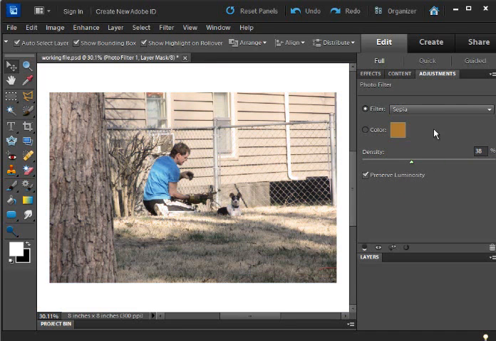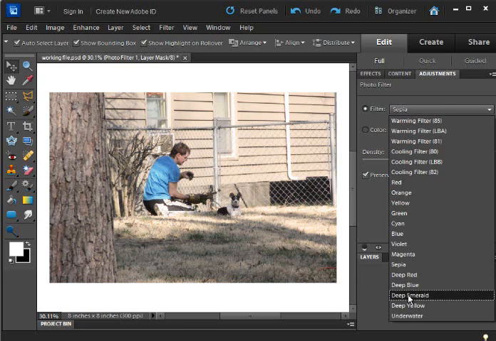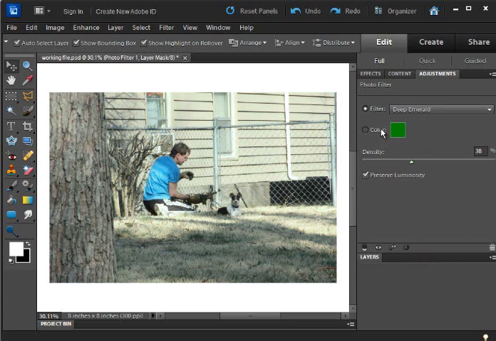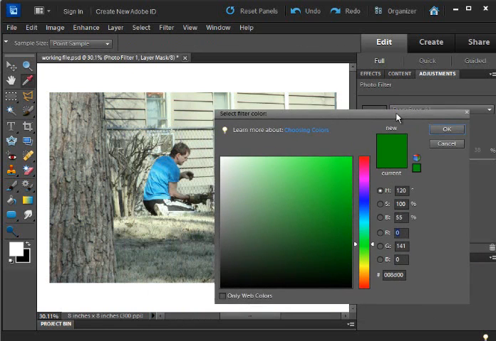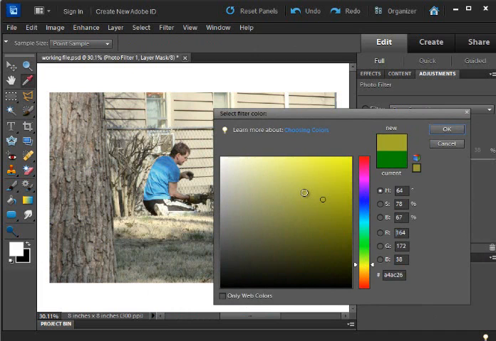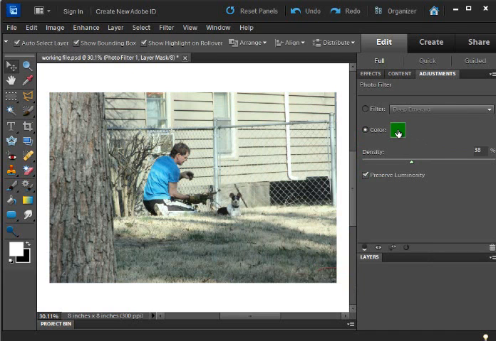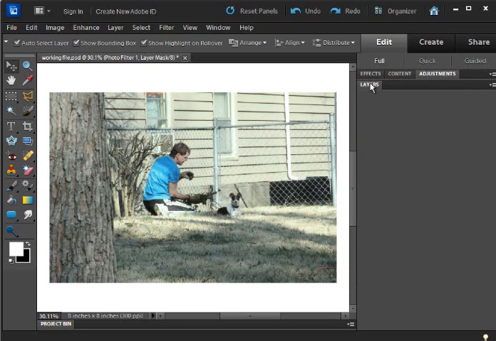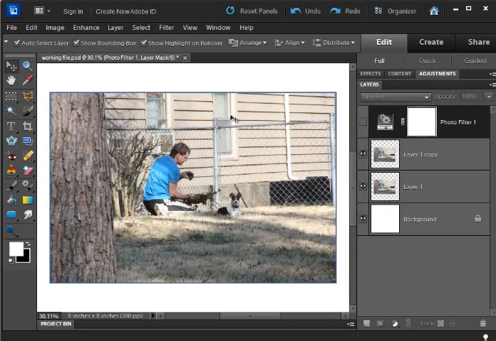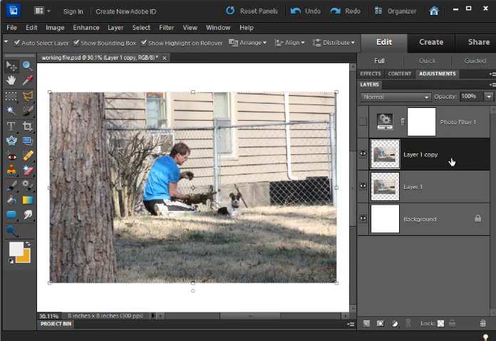The other thing that you can do with this, other than click around and change here, is you can go ahead and customize and choose your own color. So you could choose any color you want to fix this photo. There's your blues, your yellows, your reds, and fix the color that way. If I take off this adjustment layer, what I can do